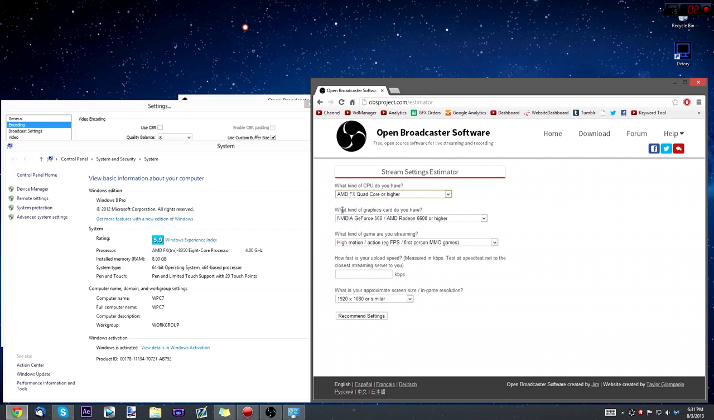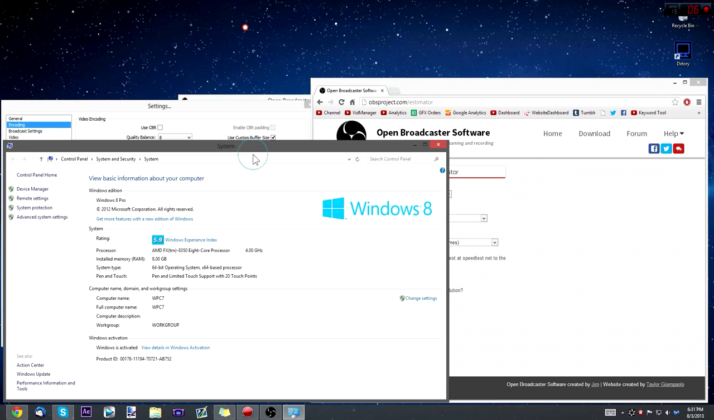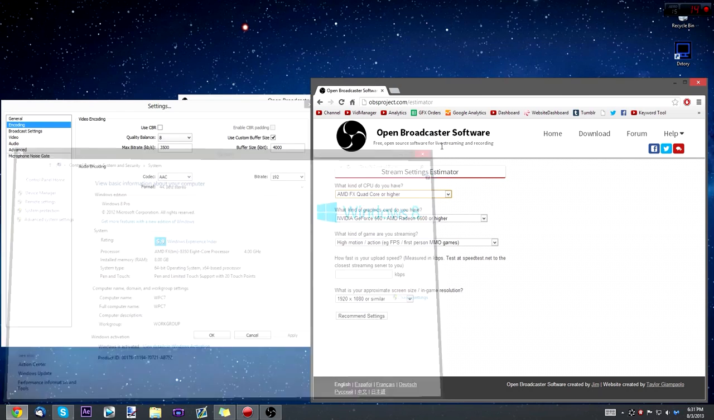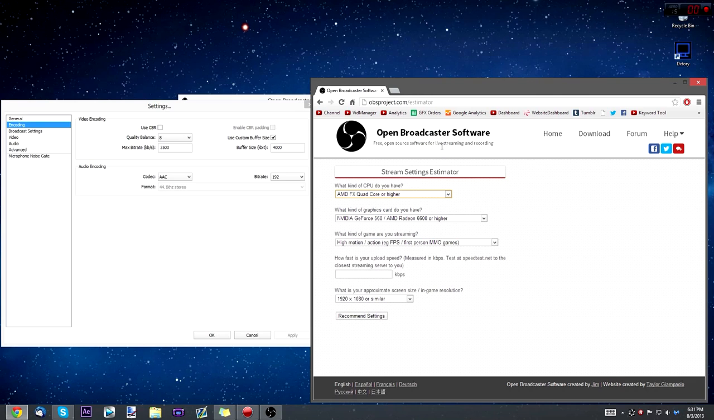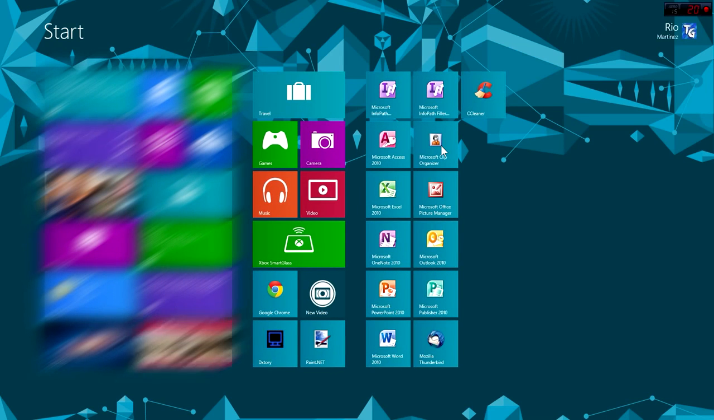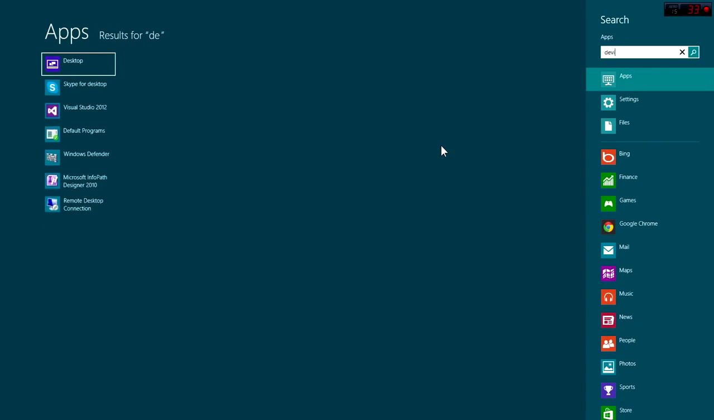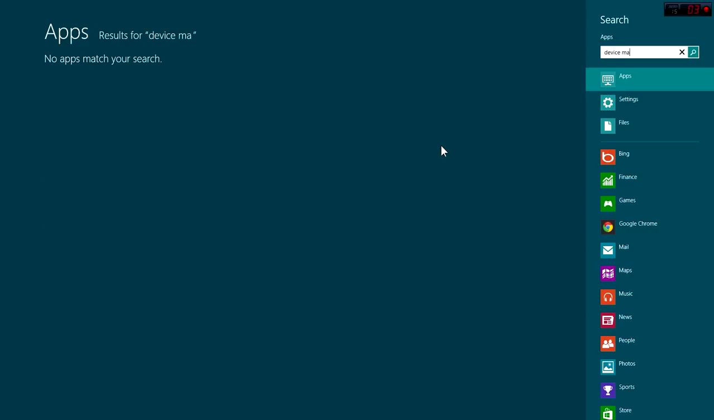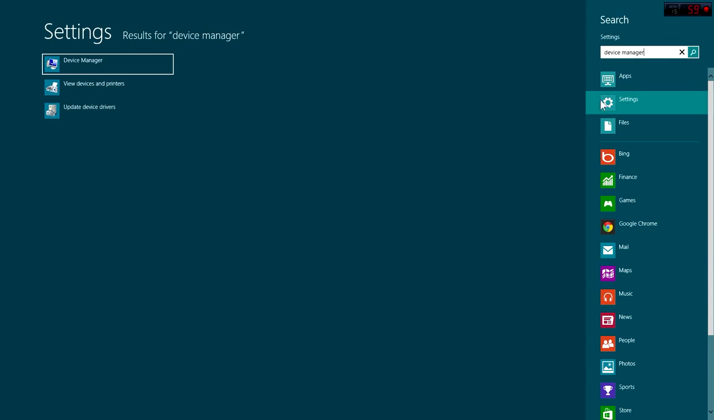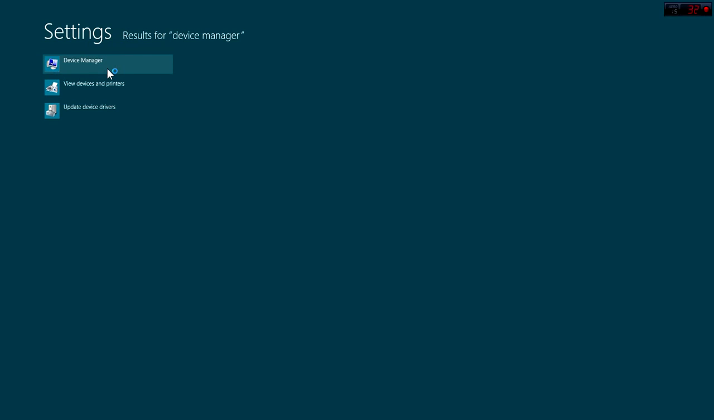Alright, what graphics card do you have? You can go ahead and find this out through a different method. Just hit start again and type in device manager. Once you type that in, since I'm on Windows 8, I have to select settings right here. If you're on Windows 7, it'll just pop up and you can click it. So go to device manager,